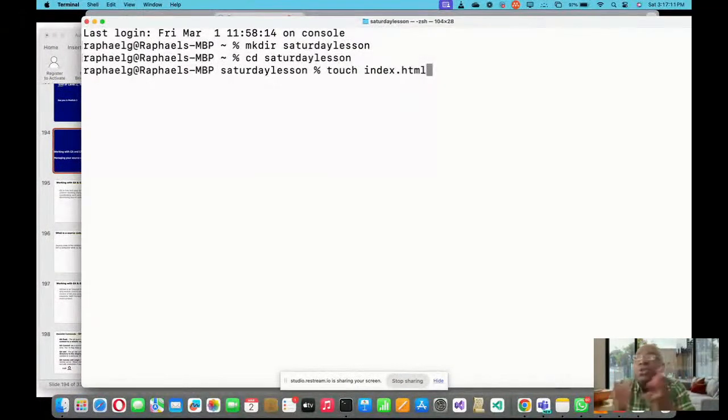How do we create a text file in Linux? So we've created a directory. We want to create a text file. We're going to use the touch command. Touch, let's call it index.html. Like I told you earlier on in my introductory session, all software packages that I know of,